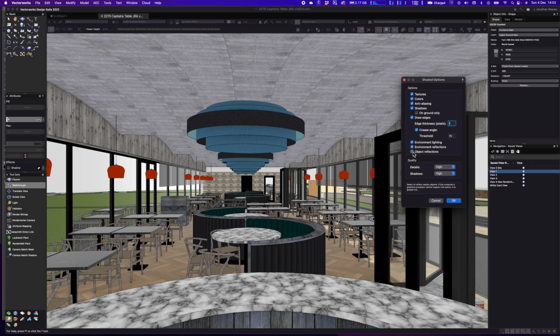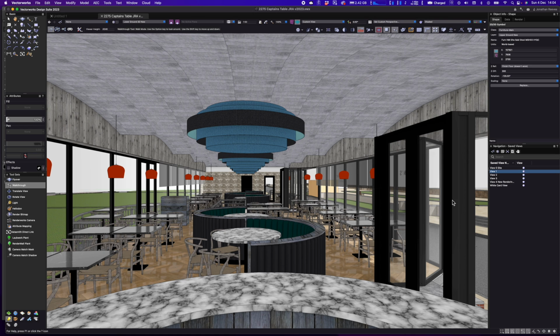But really, once you click in the object-based reflections, look at the difference on any shiny substances you see. So watch these tables and the floor particularly. So we'll click that on, and that's enabled now. So if you do want to just enable that nice reflection, for example, let's do it on these